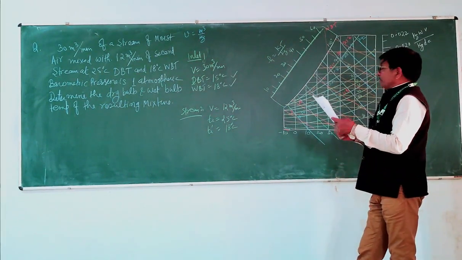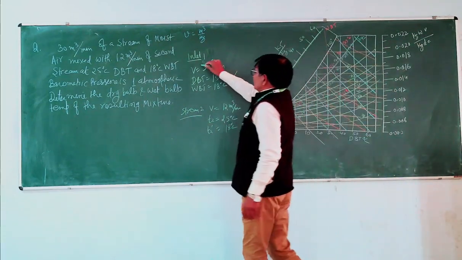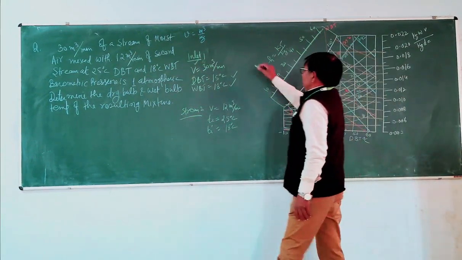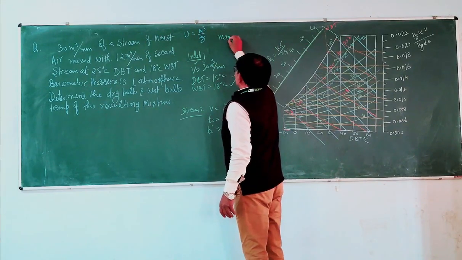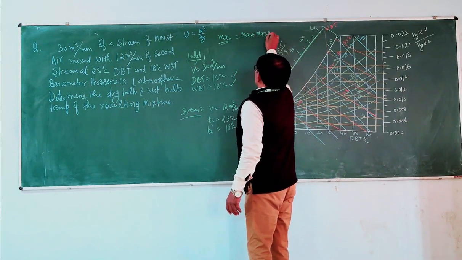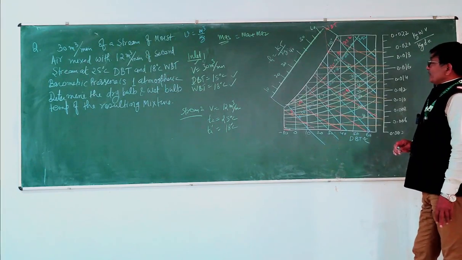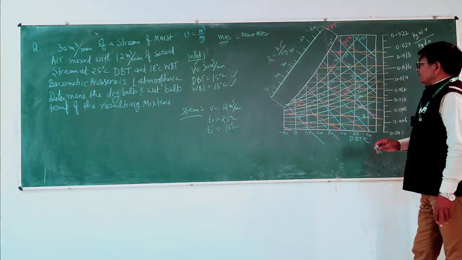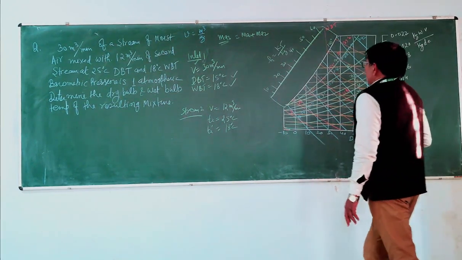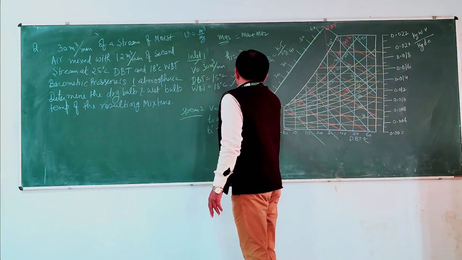And from this given data, you will find the specific volume. Without specific volume, you can't get the mass of the stream. So you have to find the mass, because actually we have to find MA3. MA3 equals MA1 plus MA2. After mixing, what will be the final mass flow rate of the stream? So from the given data, DVT 15 degree centigrade for stream 1, find the specific volume and the enthalpy. We have to find the enthalpy H1 for stream 1 and H2 for stream 2.